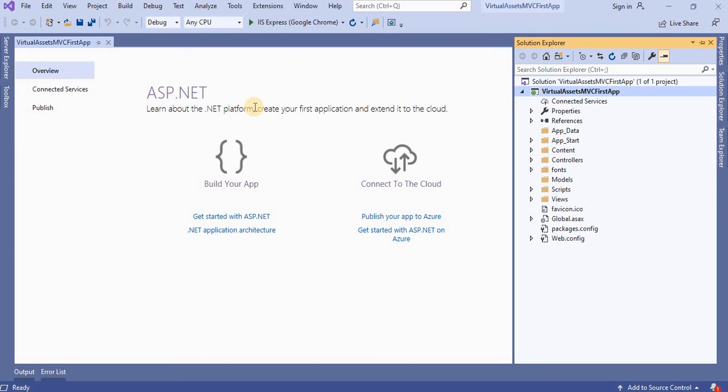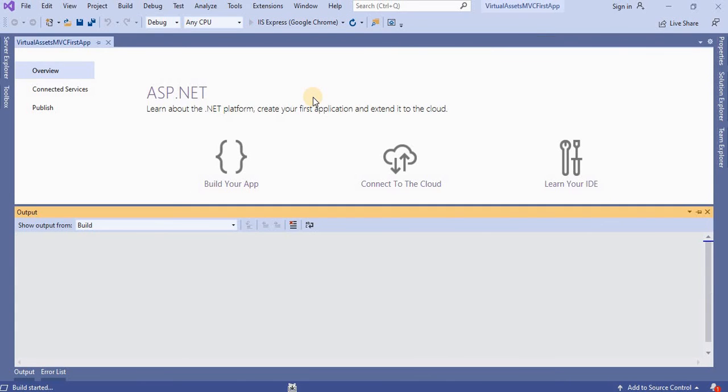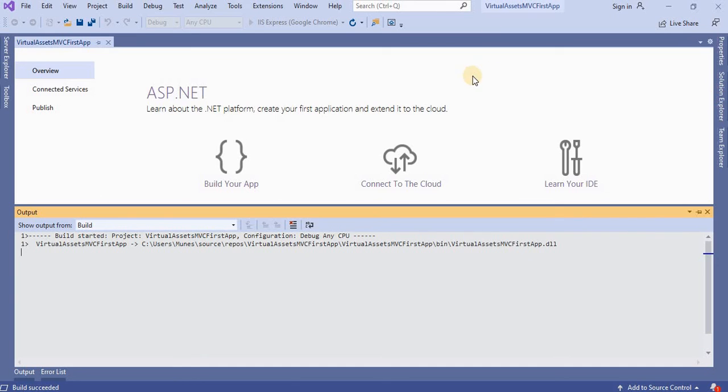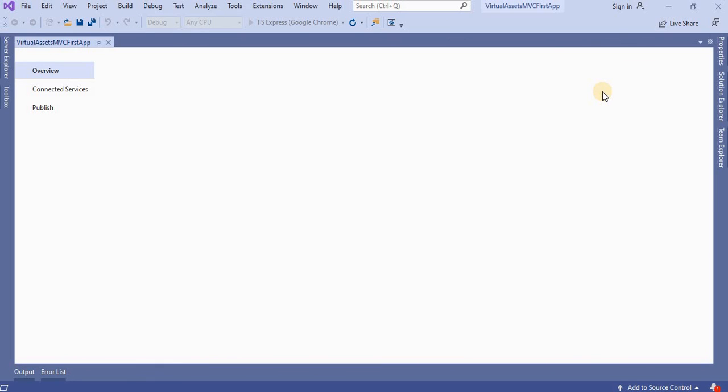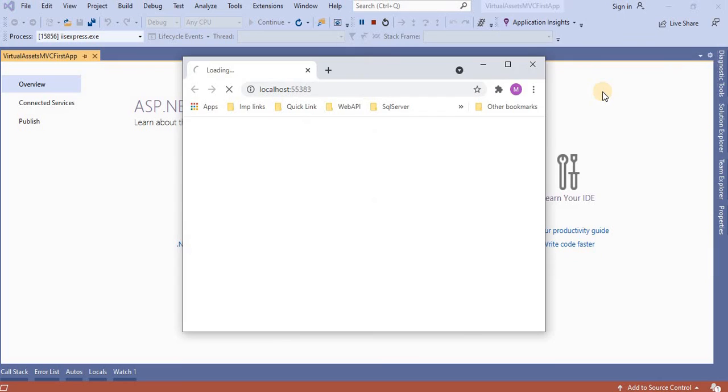As per the steps, it has created the ASP.NET application, and for running the application you can click on IIS Express or press F5. Once I click on this, it will open the default project it has created, and we can see the home page, contact us page and about us page in the browser, because all those controllers and views are already created for us inside the Solution Explorer, and in the Views folder you can see those folders. How it creates the view, we will see in the coming video.